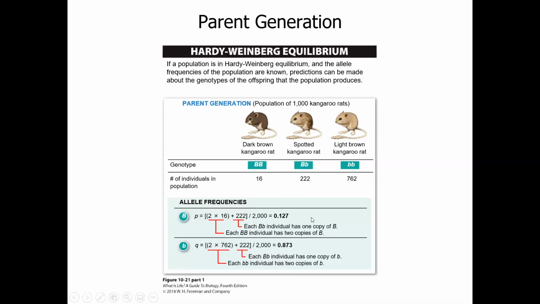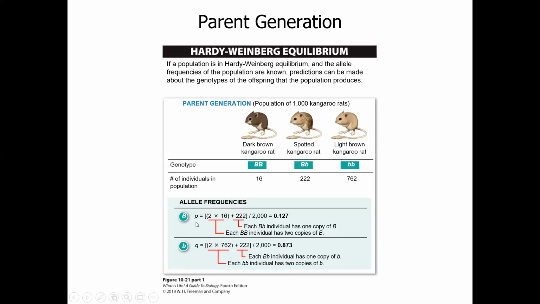In this case, we normally think, oh, there's 1,000 individuals in the population. Why would we not divide by 1,000? Because each individual has 2 alleles, either a dominant, recessive, or a recessive and recessive. We have 2 alleles, so we're going to multiply 1,000 by 2 to represent 2,000 alleles. So we take the 2 times 16 and then add the 222 and divide by the 2,000 to get 0.127, which is representative of the frequency of our dominant